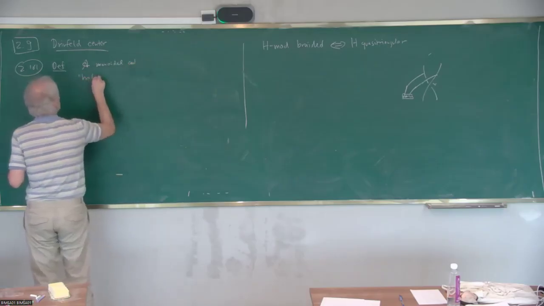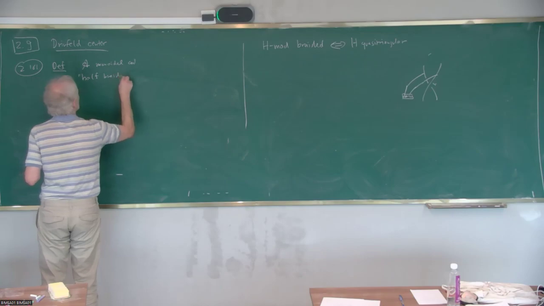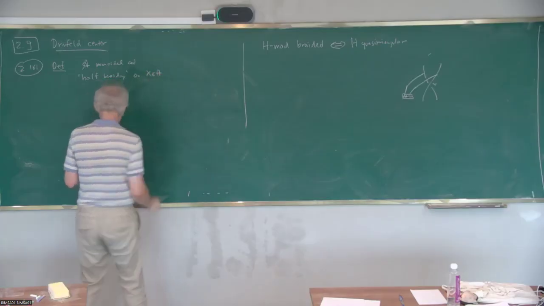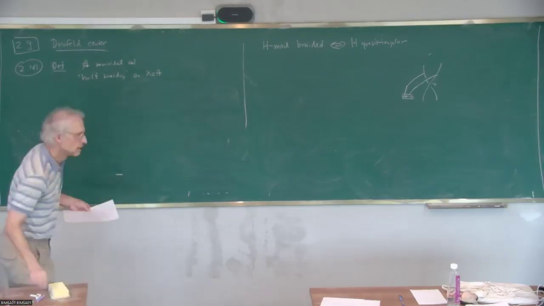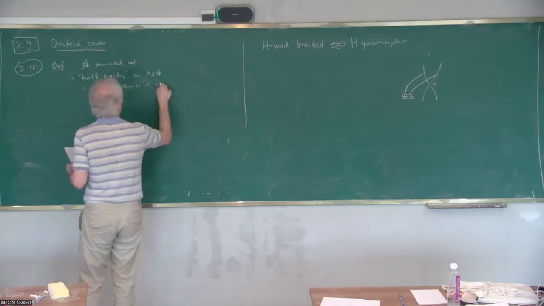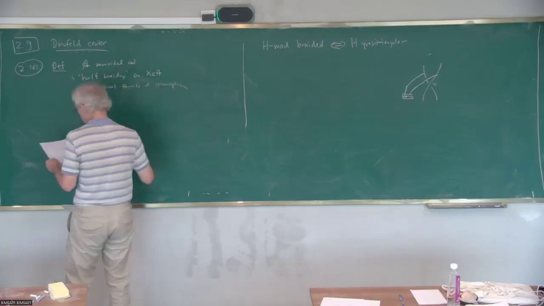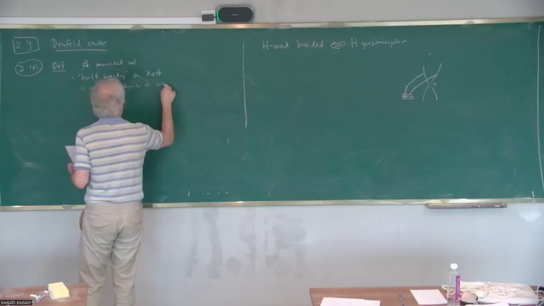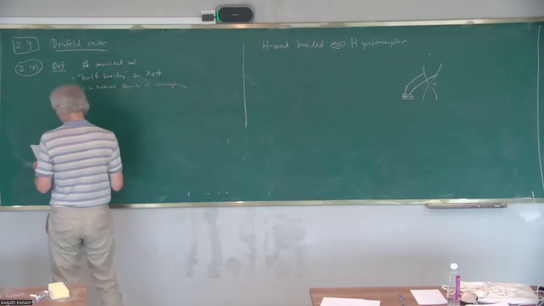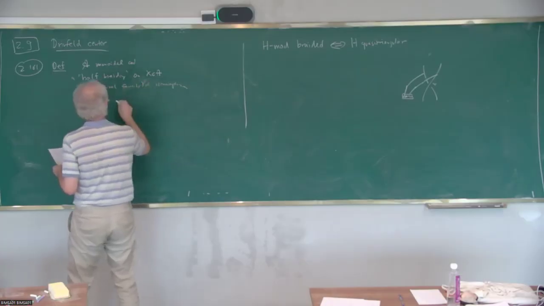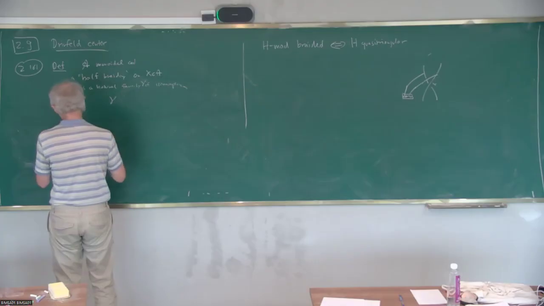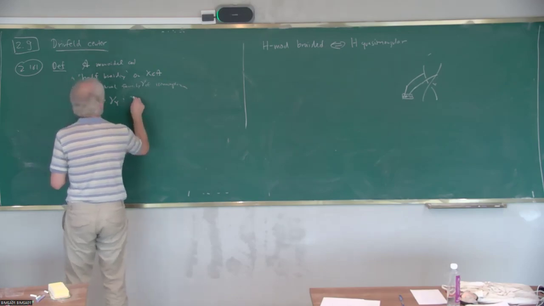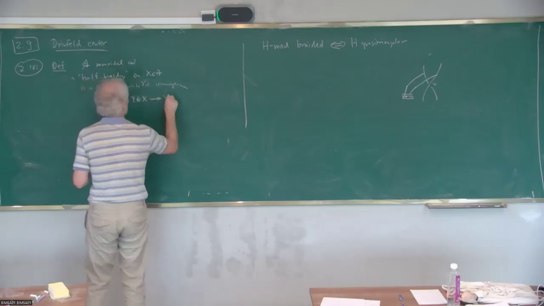And then we say a half braiding on an object X in A is a natural family of isomorphisms, let's call it gamma. So gamma_Y from Y tensor X to X tensor Y,